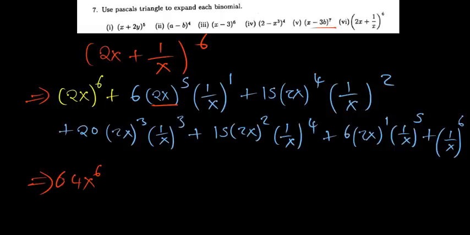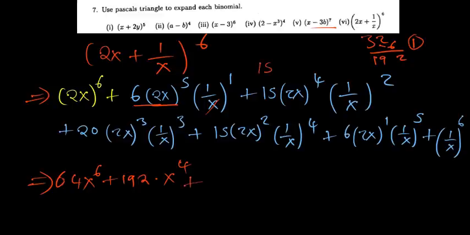Okay, 32, 6, 12, 1, 18. 3 times 6 is 18, plus 1, 19. So 192, x to the power 5, and then x. So x to the power 5 cancels out with x to the power 1, that will give us x to the power 4. Then the next one,